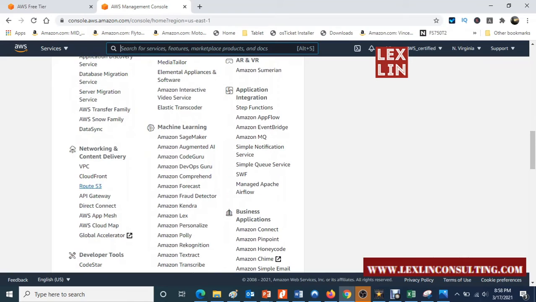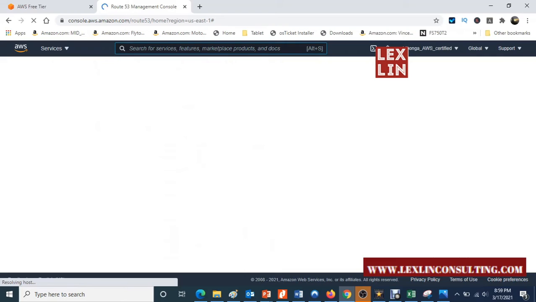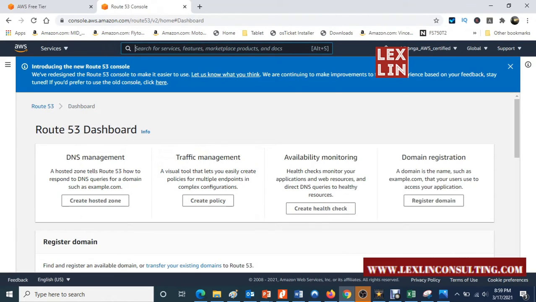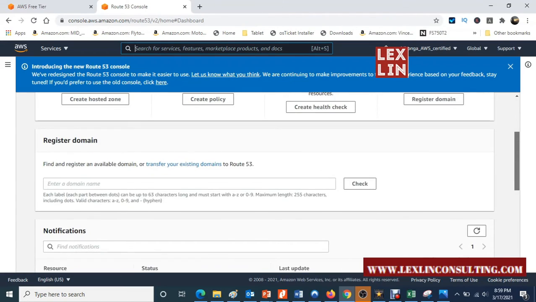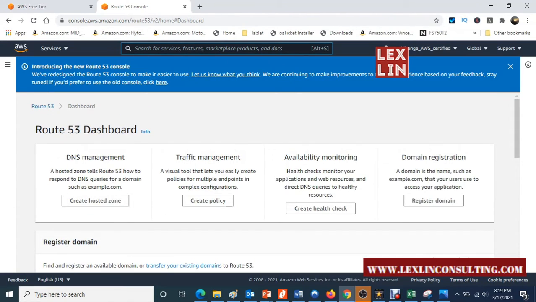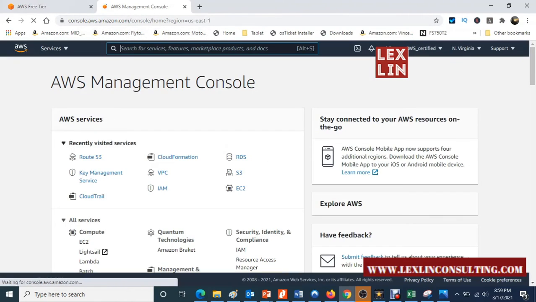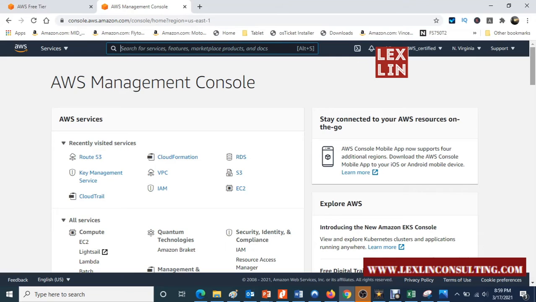Route 53, which is your DNS, controls DNS for your cloud and the responses in the different availability zones. So this is another area you might want to spend more time in, Route 53. But yeah, that's a quick overview of what you have with AWS.